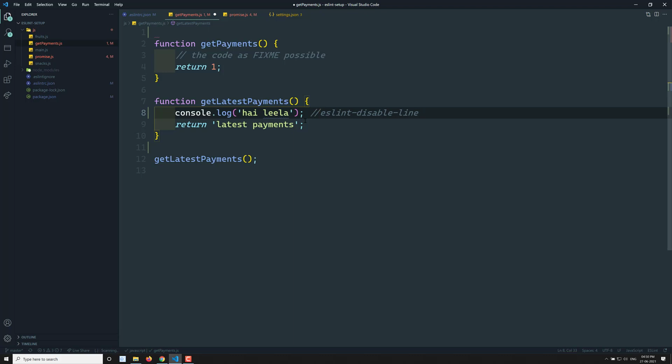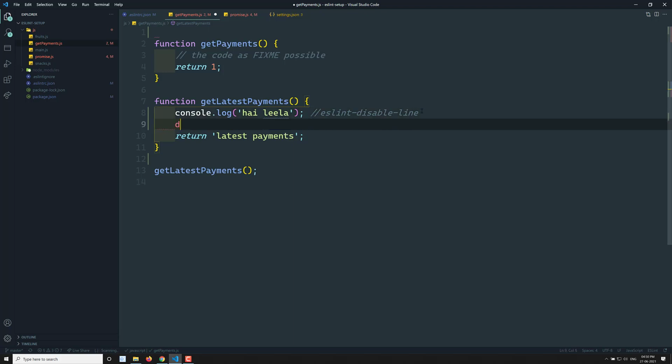Another scenario: here at the bottom I have something like debugger. Let's assume debugger is not allowed, so we have an ESLint rule that no-debugger is an error. Now we need to disable this one. Instead of disabling these two lines by writing it again and again, we can do another thing.